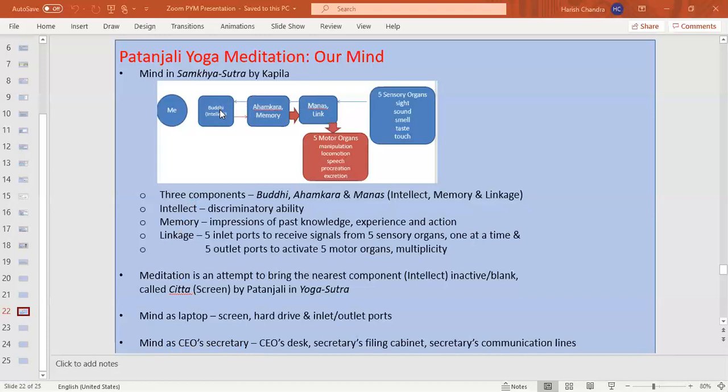So, your desk has all kinds of papers, and you look at them. All kinds of recommendations from your advisors are there, and you take a decision. You put your signature. So that is like your desk. And of course, your secretariat has a filing cabinet where all kinds of data has been stored, and your secretariat can